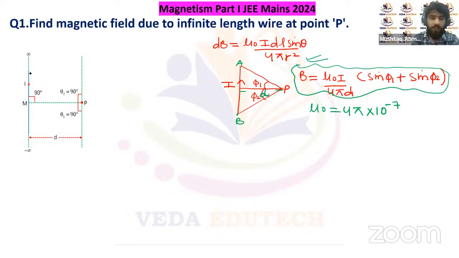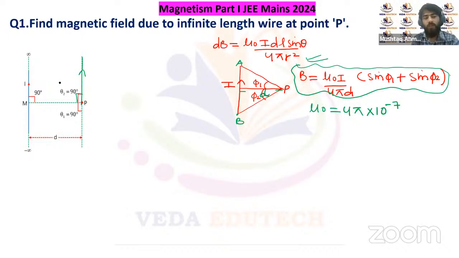Now you can see here, since the upper end extends to infinity, to look at the upper end of this wire, we have to actually see parallel to this wire, right? It means that the angle subtended by this point P for this infinite wire, which is extending to plus infinity,